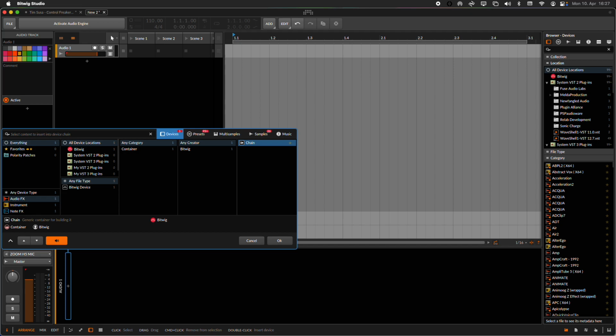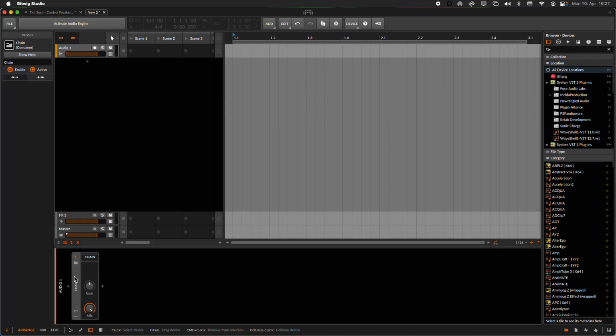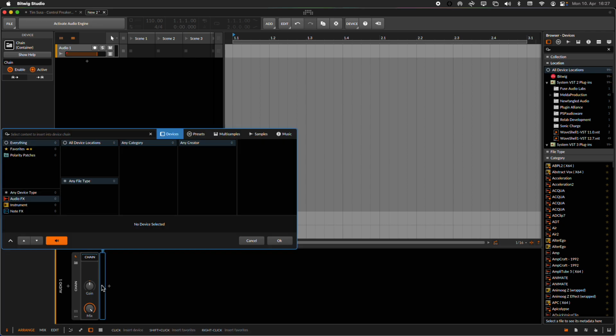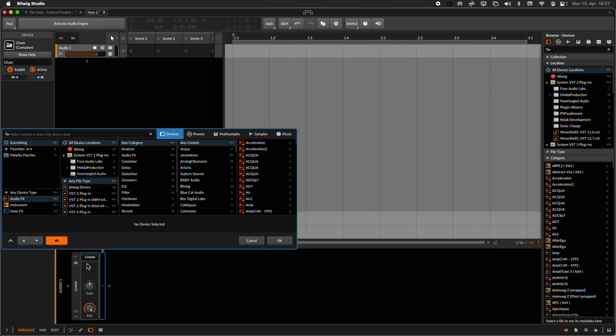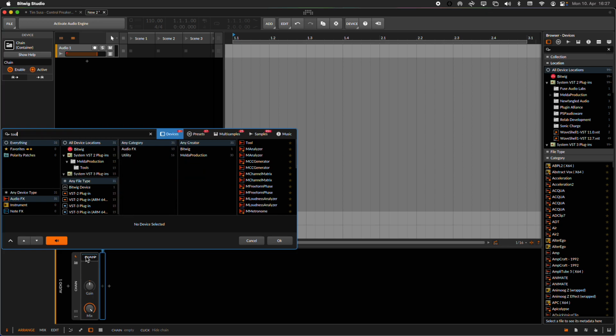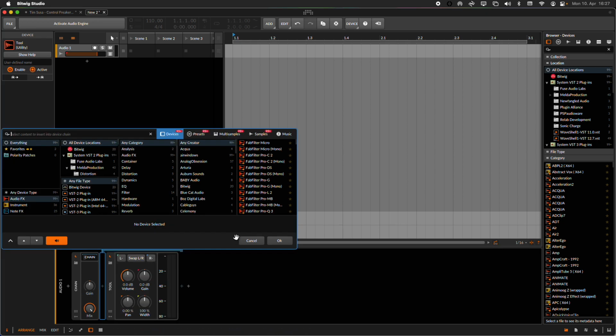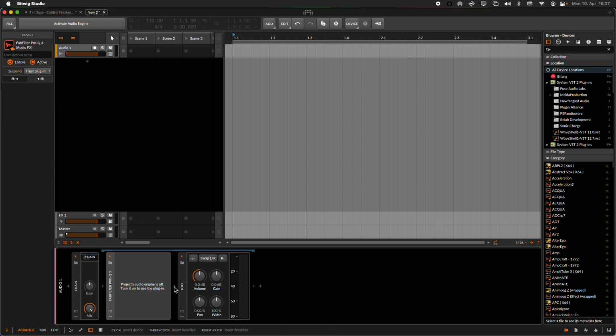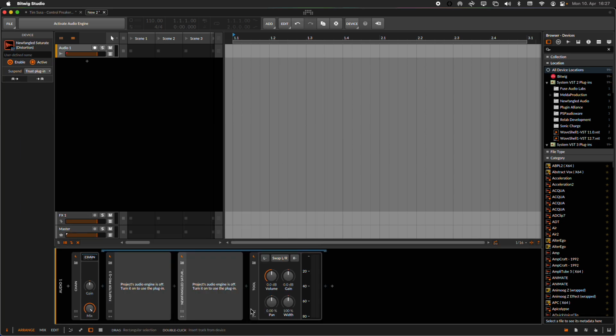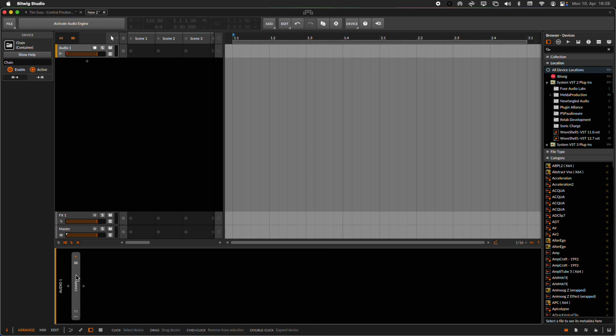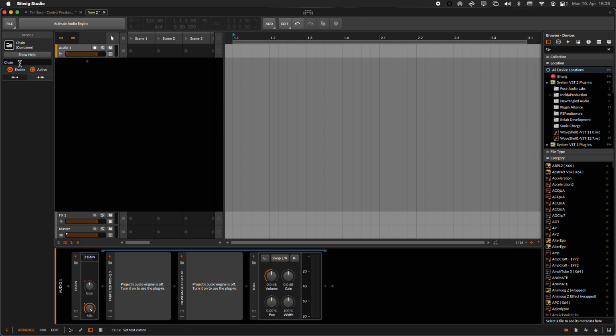Let's choose a chain. This thing is a universal container where you can put everything in, so you can put in plug-in instruments or anything. And I came to the conclusion that I'm using over and over some plugins on every channel, which is, for example, a tool, the FabFilter equalizer, and a saturator, for example. And the cool thing is, now you can say this is Tim's channel strip,